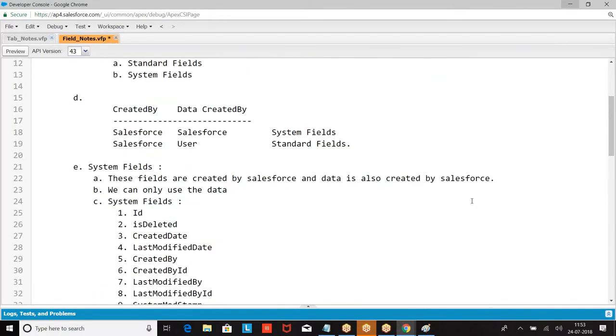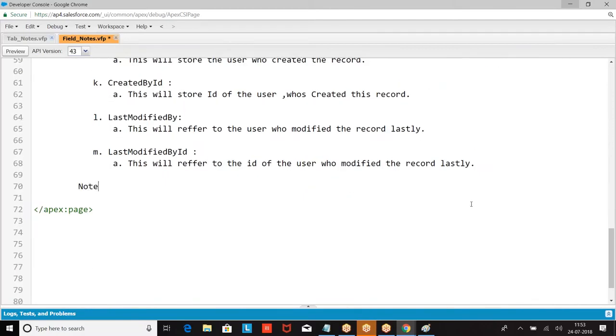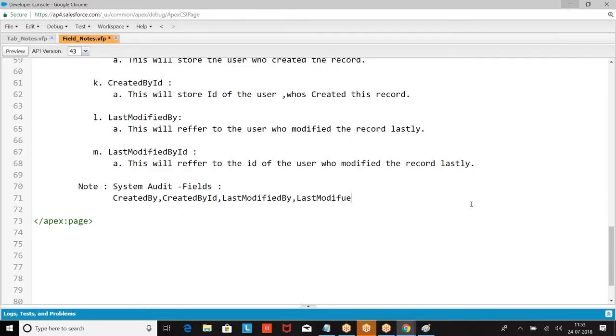Now let me give you: created by ID, created date, last modified date, system mod stamp. These fields are called system audit fields.